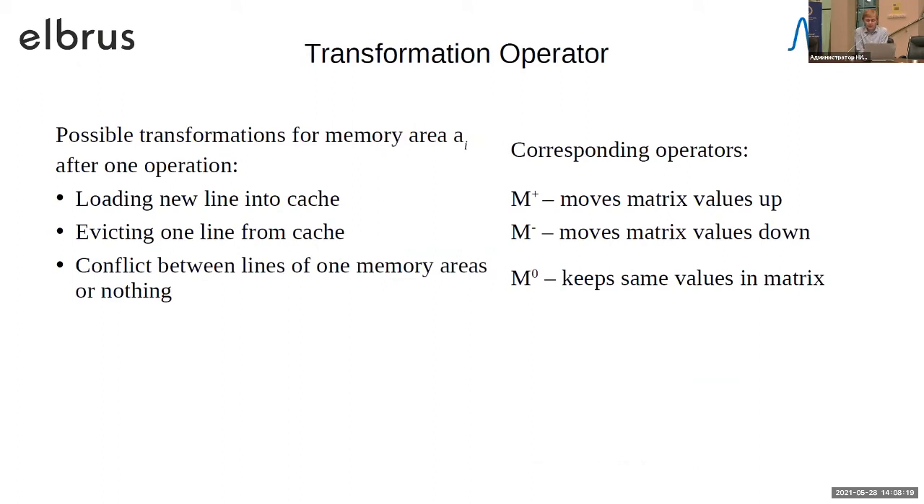Then we looked at which transformations are possible for one operation. For example, we see that for one operation working with some data, we can load a new line into the cache. We can evict one line from the cache when, for example,